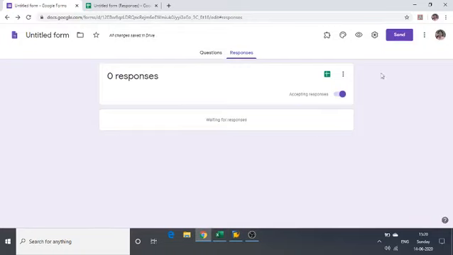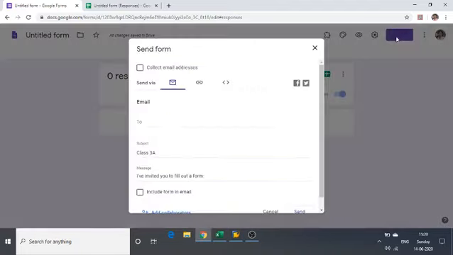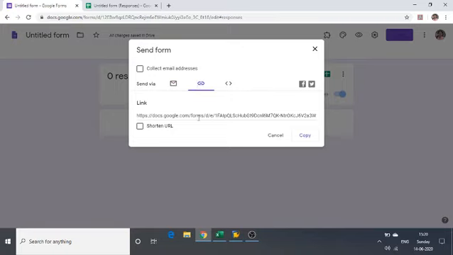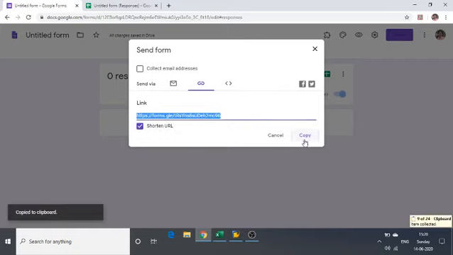Now you have to create your link, so you will click on send button, and after that you will click on this option, and here is your link. Now make it shorter by clicking on this, and you can copy this link.